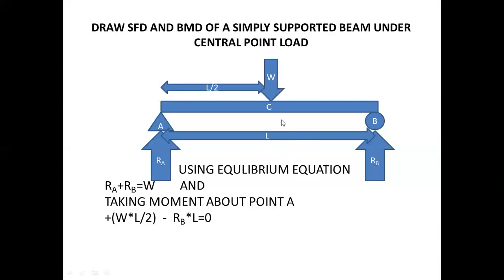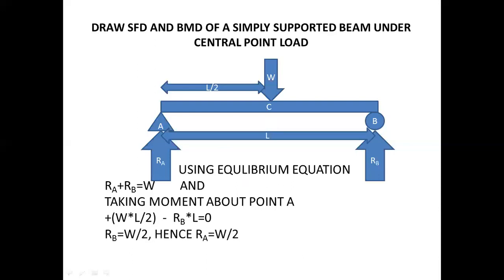In this problem, we are just finding the reactions RA and RB. So as discussed in the last lecture, RA and RB are both upward forces, so they are positive, W is downward, so it is negative, clockwise moment positive, anti-clockwise negative. Taking this convention,